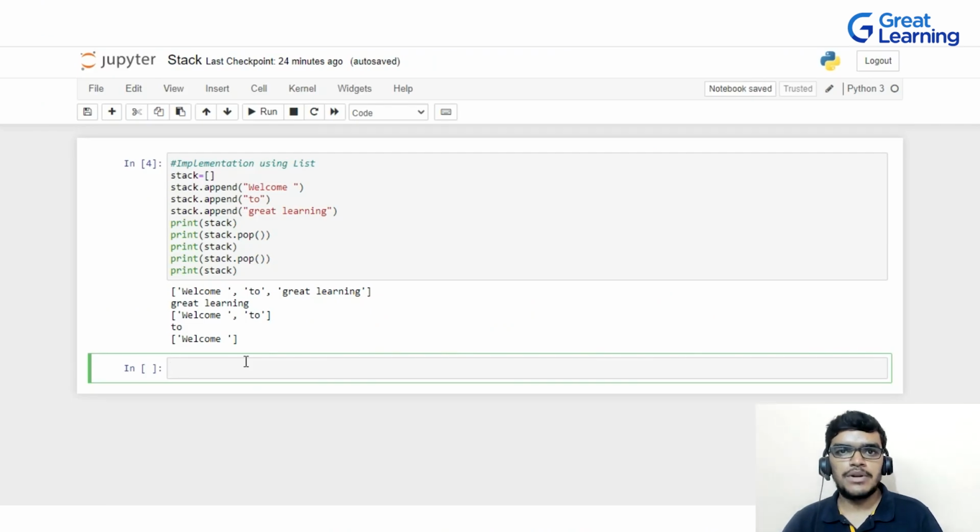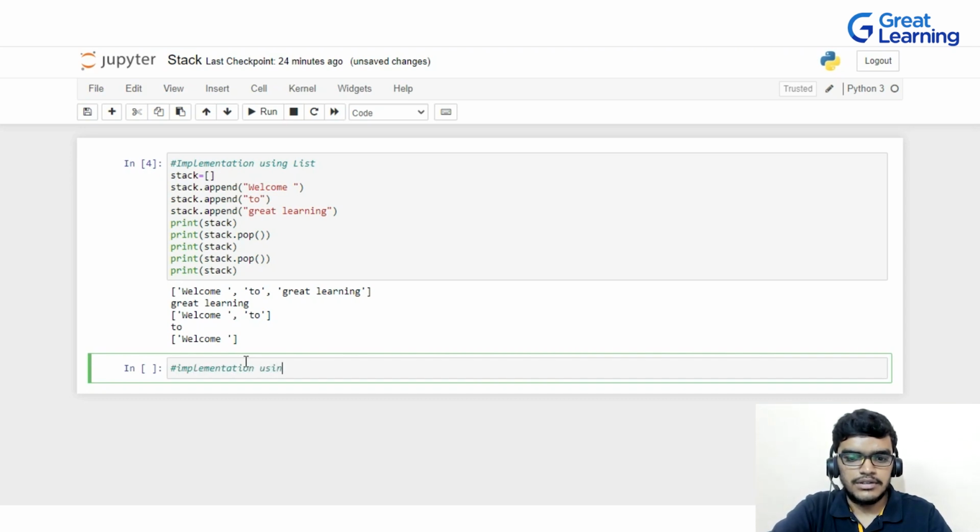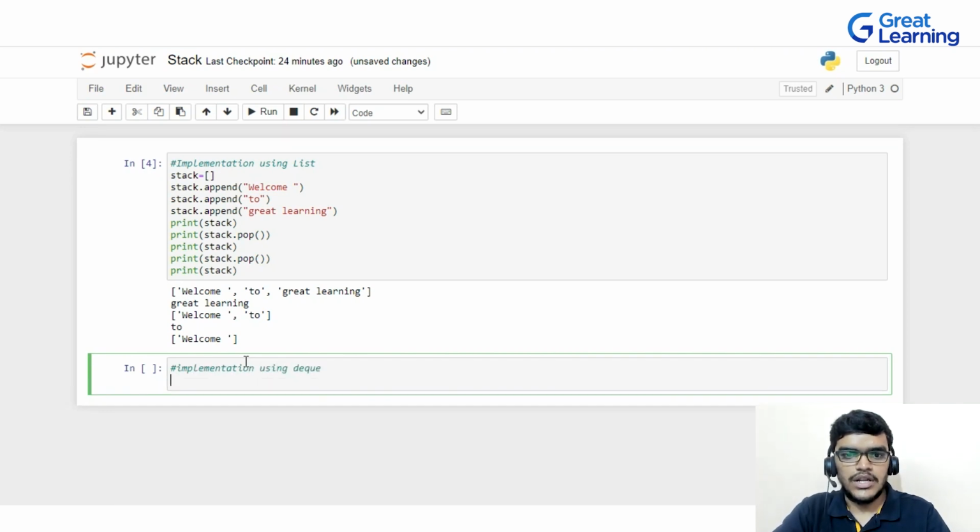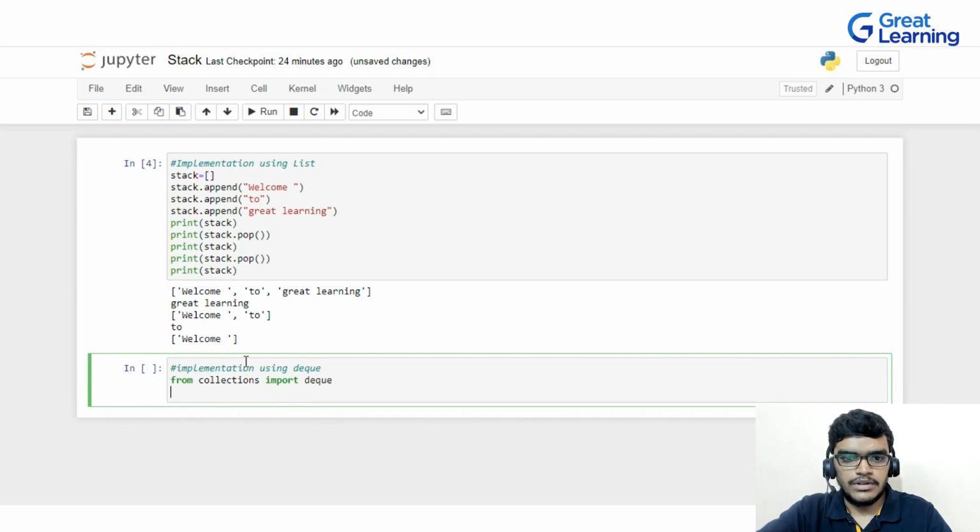So now let's see the implementation with deque. So let me comment it down here. I will write here implementation using deque. Now after this, as I told you, if I want to implement deque, it is a class, right? So I have to import it from the collections module. So for that I am writing here from collections import deque, and I will write the stack variable, and inside this I will assign the deque.